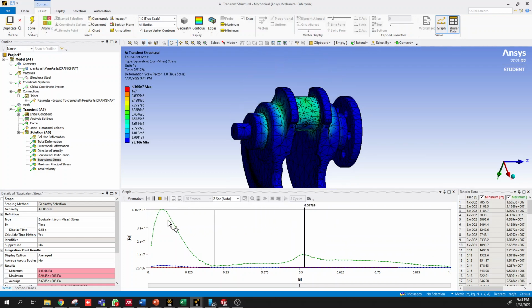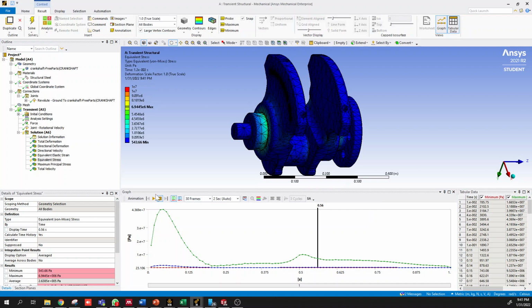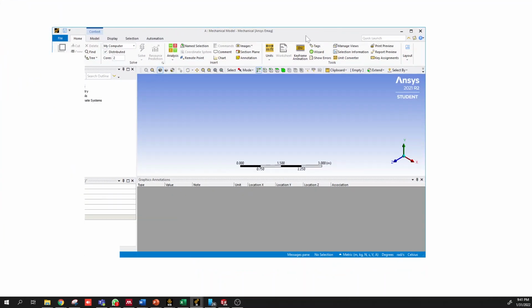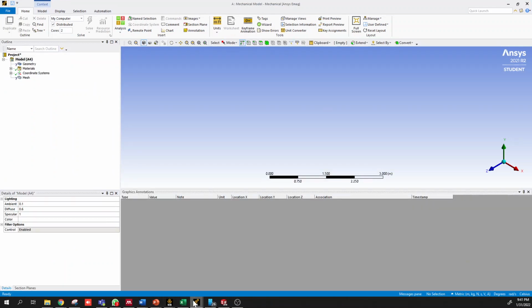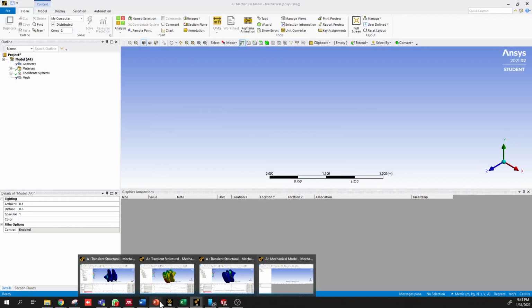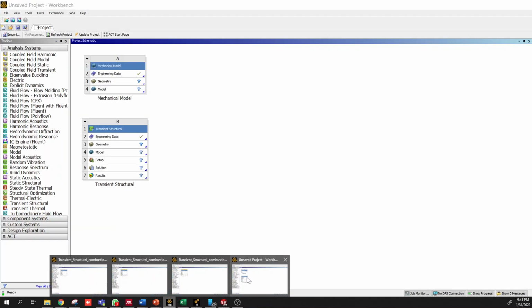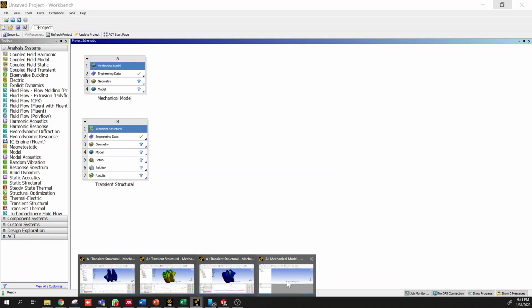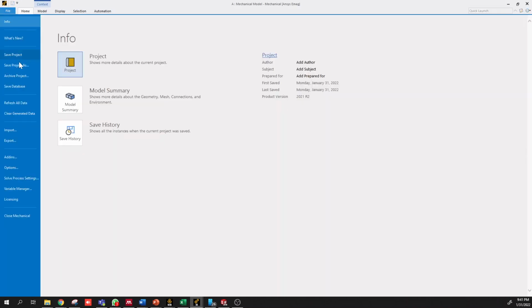top dead center. So now I've kind of explained to you the overview of how we've built upon applying a time varying compressive load, how we've added rotation into that, but I haven't shown you how to create this model. So we'll go ahead and do that, and we'll talk about each step individually. So we've booted up from our workbench the transient structural engine, and we will open that up and we'll import our